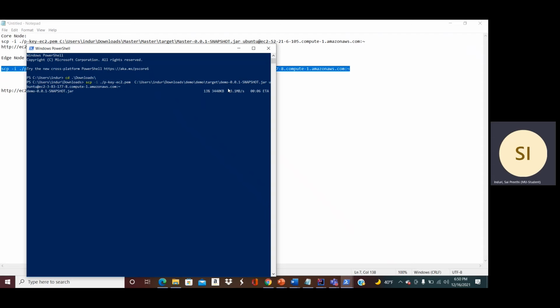Here we are trying to insert a resource monitoring jar file into the Edge Node 1.